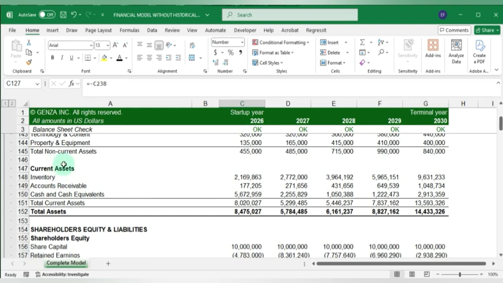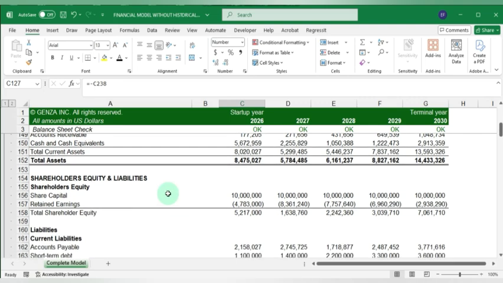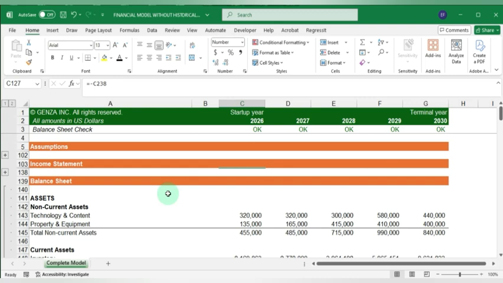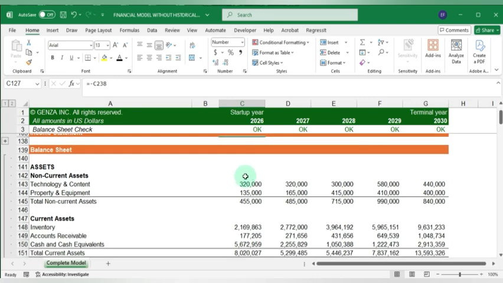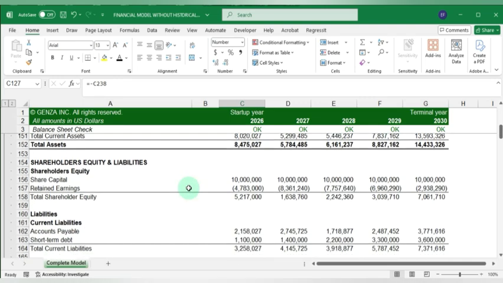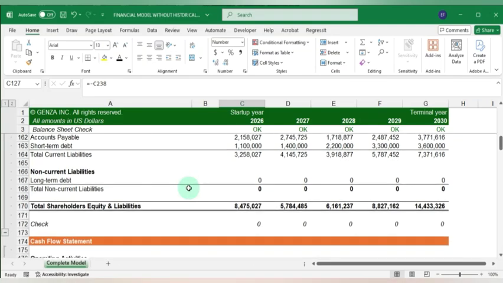Then we have current assets, which comprise inventory, accounts receivable, and accounts payable as well. So the interesting thing about the course is that we didn't build any of these using previous figures. We build them from no figures, basically. So that makes it unique. You may want to find out how we're able to develop this, and this is an incredible